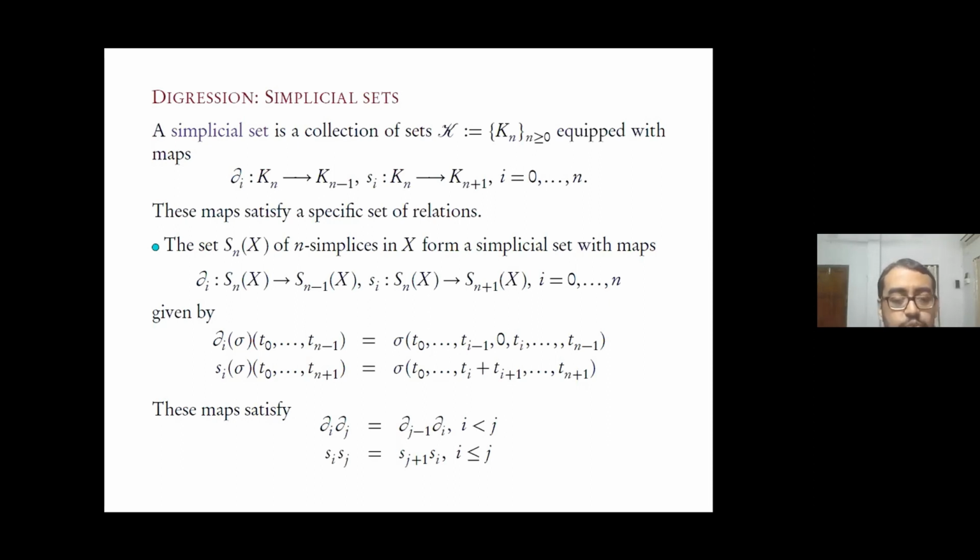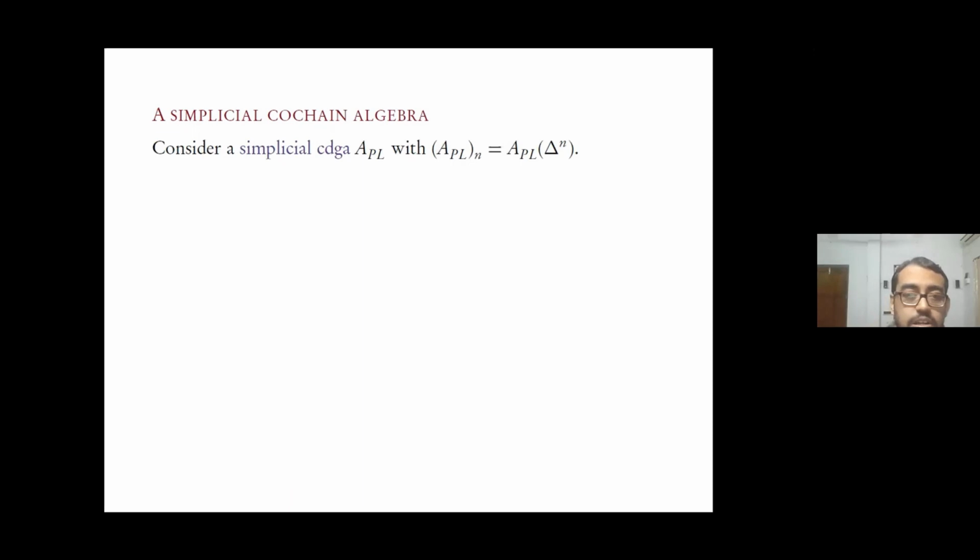Okay. Are there any questions with this construction? This is a very basic one, but for people who haven't seen it before, just think of it as how you write down the boundary map of a simplex and how you think of the degeneration of a simplex and so on. This is basically just that. Okay, so we are going to construct a simplicial cochain algebra by essentially saying that for every n,